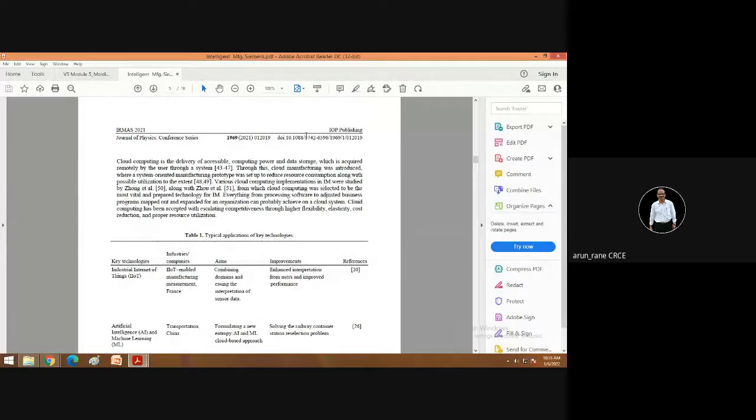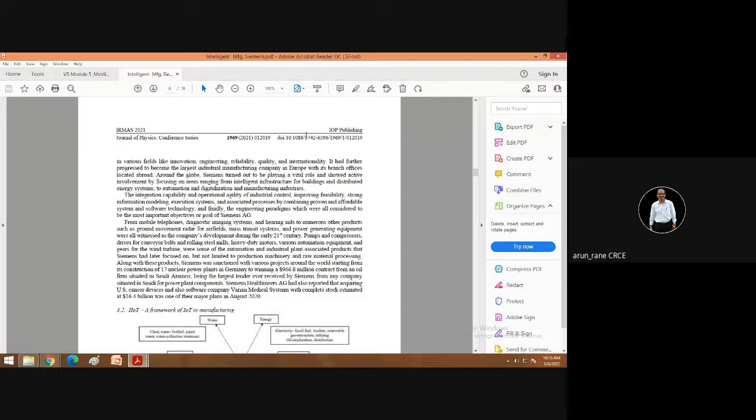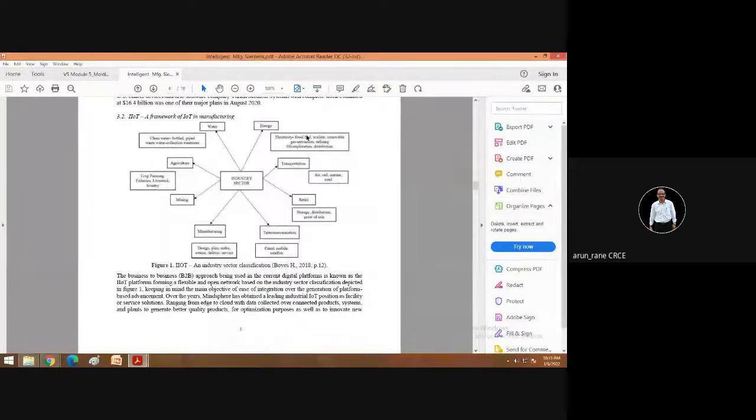And I suggest you practice at least one programming language like Java or C++ or Python. That will be of great help to you if you want to make your career successful.